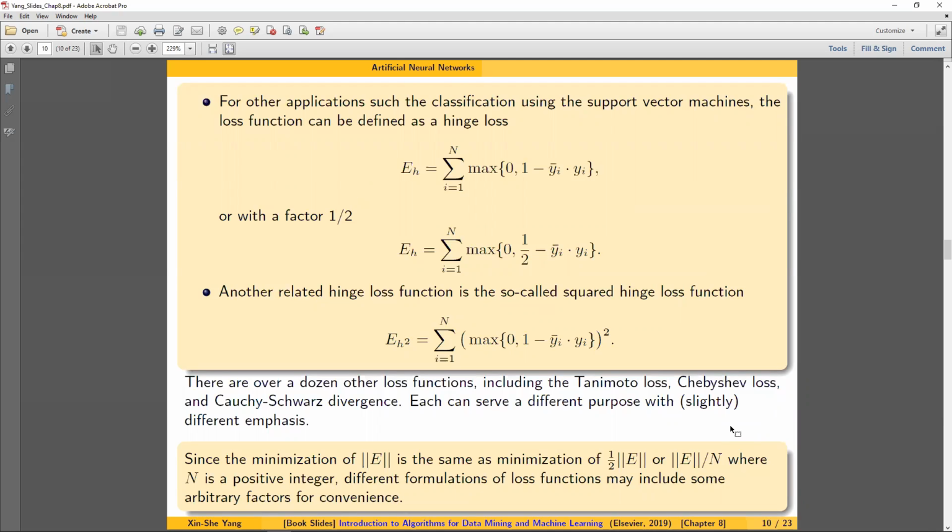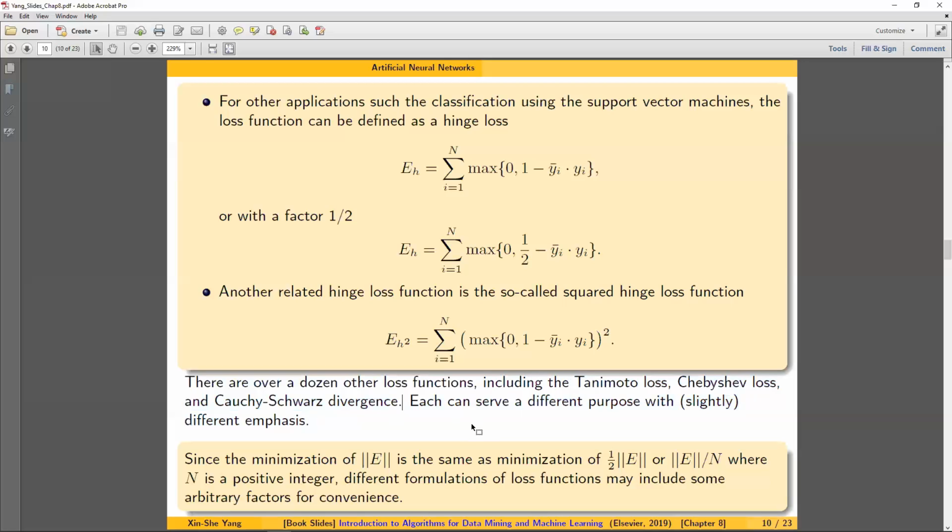For other applications such as classification using support vector machines, the loss function can be defined as a hinge loss. It's max of 0 or 1 minus y_r bar times y_r. The other one is called the square hinge loss function. There are many other loss functions, including Tanimoto loss, Chebyshev loss, and Cauchy-Schwarz divergence. Each can serve a different purpose, with a different emphasis. So you should pay attention to what type of loss function you might use in